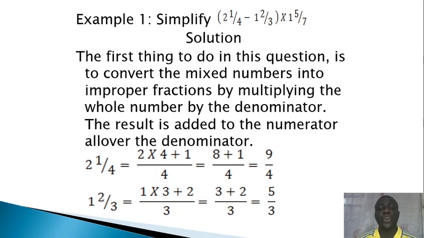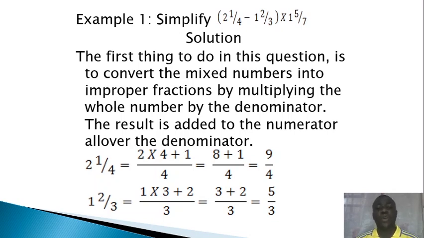How do you change it to an improper fraction? You use the denominator to multiply the whole number and add your result to the numerator, all over the denominator. So if you look at these fractions, you find out that